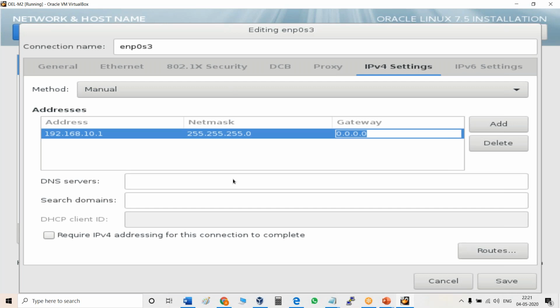Then, can we do screen minimize actually?